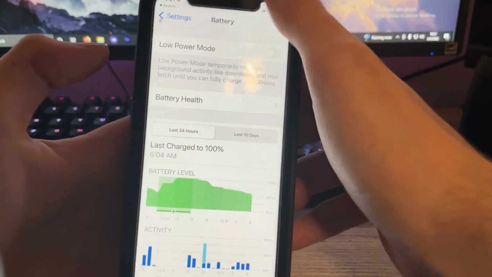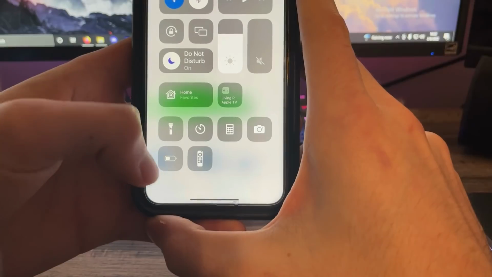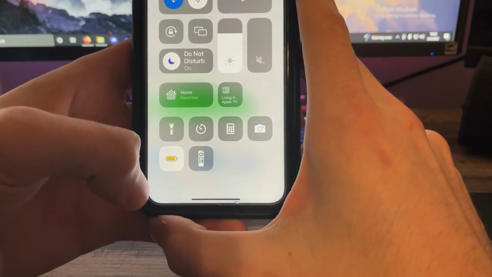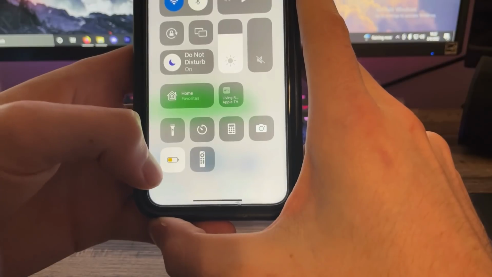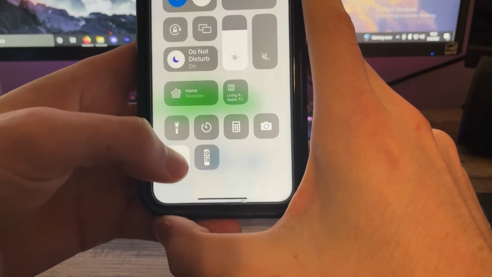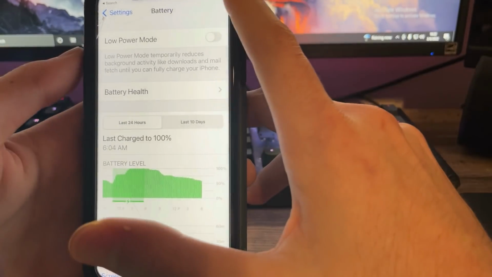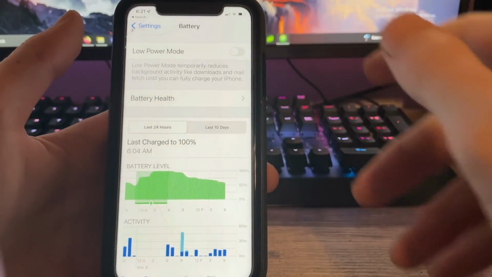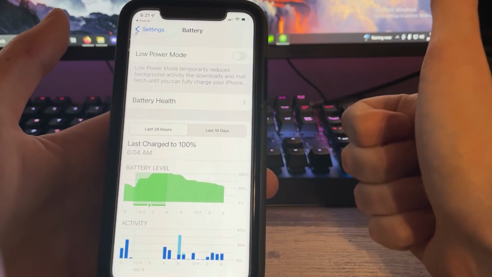Another way to turn it off is if you slide down to your control center, then there's also a low power mode icon right here. So if I tap it, then it turns on, the battery lights up yellow, and then the icon itself lights up white. So if you just turn it off like that, then it goes back to the white and black. That means that the low power mode is not on. So like I said, make sure the background app refresh is turned on and make sure the low power mode